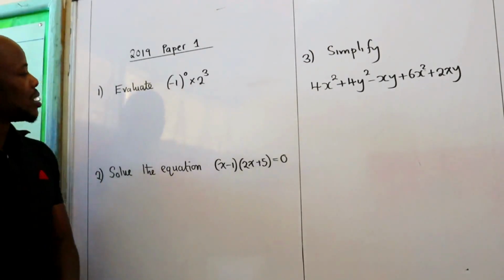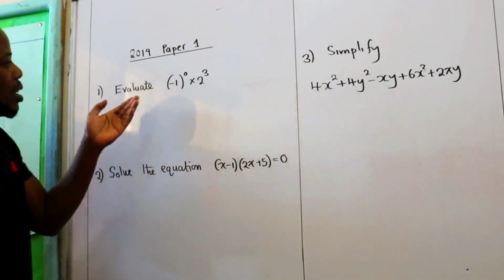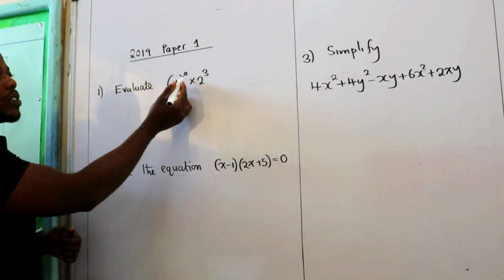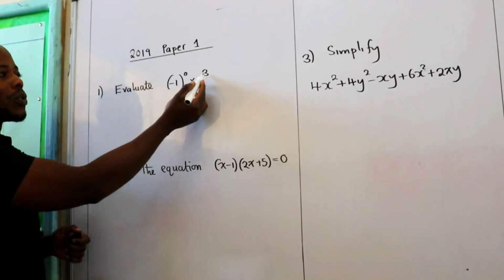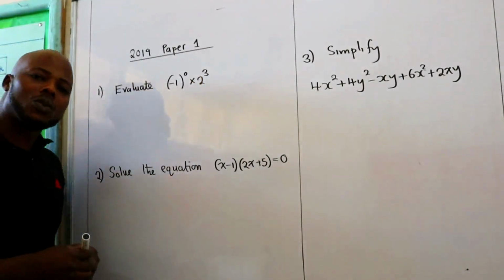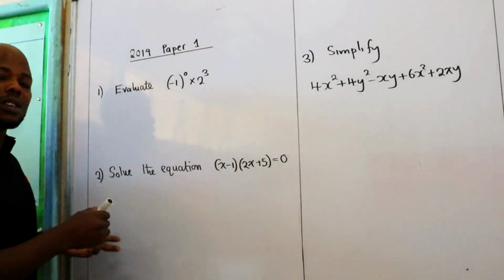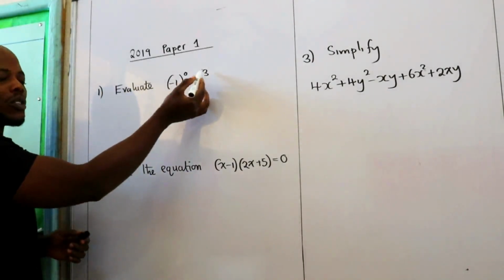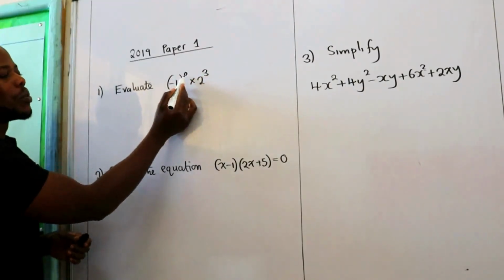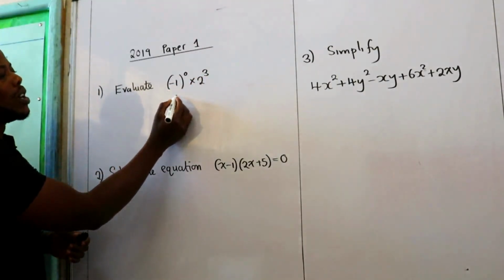So our first question says, evaluate negative 1 to the power 0 multiplied by 2 to the power 3. The first thing that should come to your mind when you come across a question like this one is to check the powers. So what kind of powers do we have? Here, anything to the power 0, the answer is 1, times